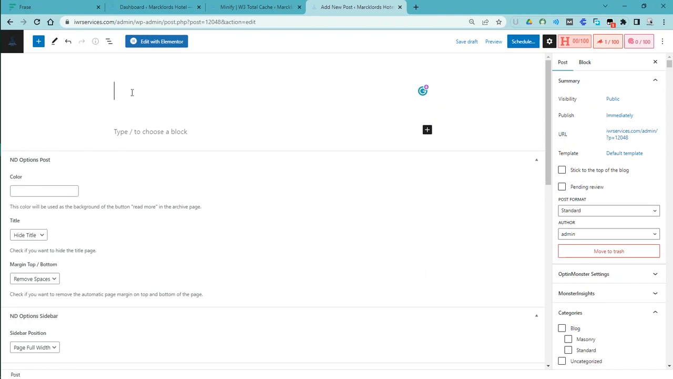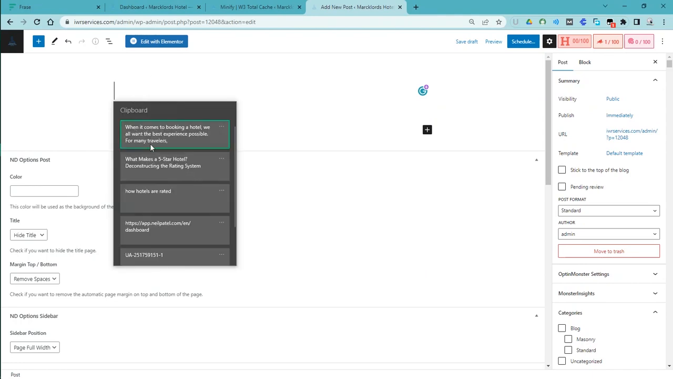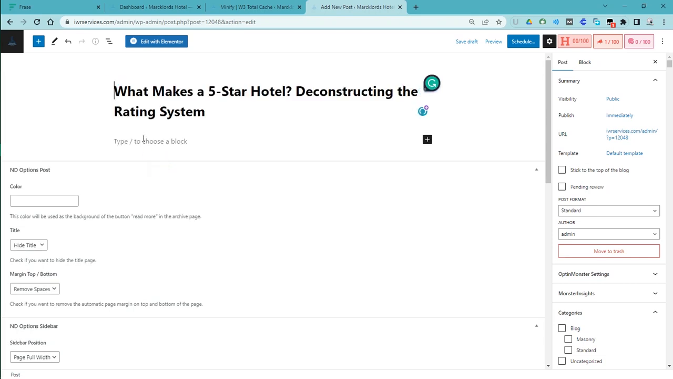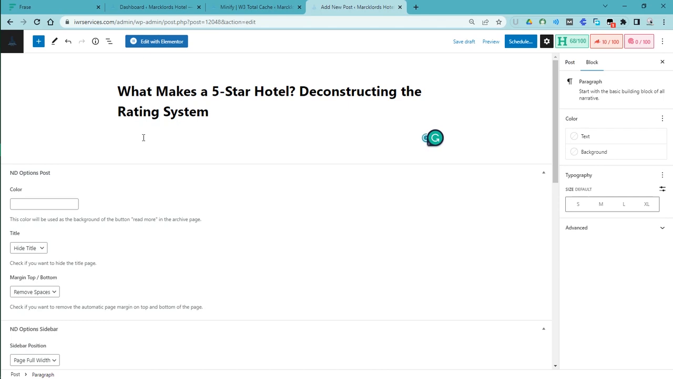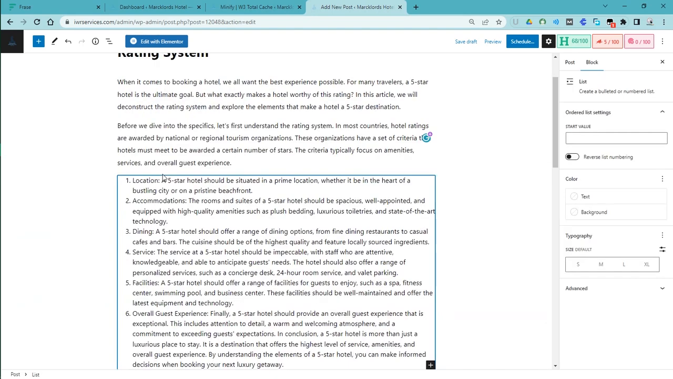The reason why I chose that was because I don't want to waste a lot of time, so you can write your own. So this is the title, how to make a 5-star hotel rating. So I can come now here and paste whatever I've copied. So this is whatever I've copied. So you see,